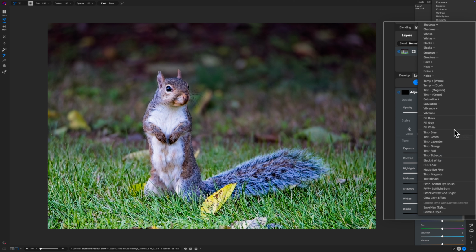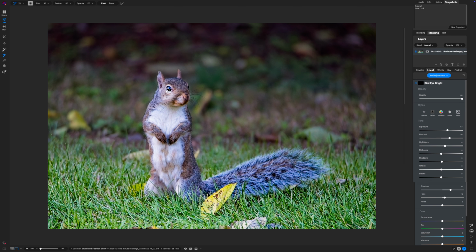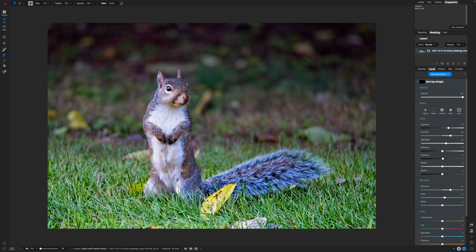We're going to add another local adjustment, and then we're going to come over to the animal eye brush. And then I'm just going to paint this over the eye. And what this helps with is brightening that area. And it's actually going outside of the eye now. So we'll hit Shift X and erase it from this little area right here. And I'll turn it off and on. It's going to be subtle, but I mean, it's pretty drastic, but like